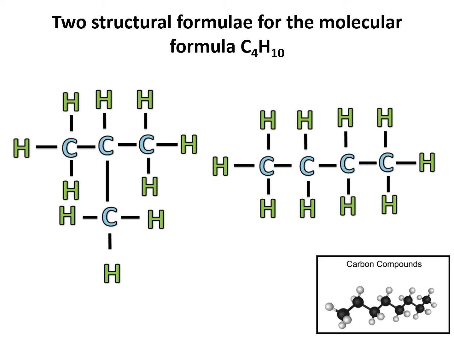On the left hand side, we have three carbon atoms in a straight line, and the fourth carbon is branched out. It's coming out, a segregation is made. So this type of carbon compound where there is branching taking place is called a branched structural formula or branched chain compound. And on the right hand side, all the four carbons are placed next to each other in one straight line, and such type of compounds are called your straight chain compound.